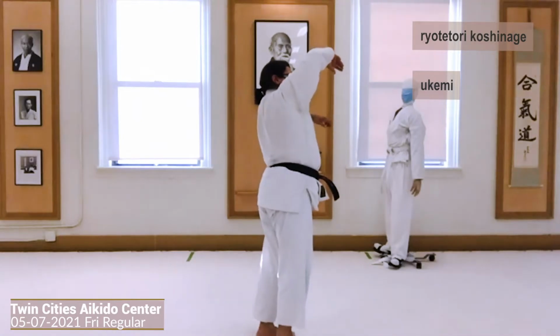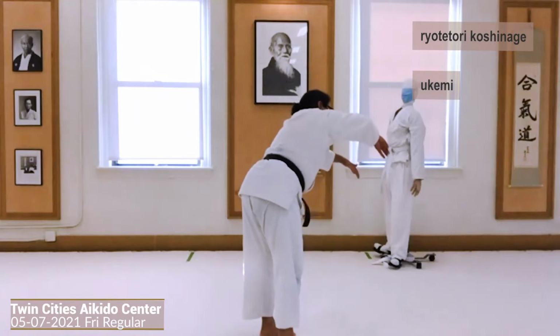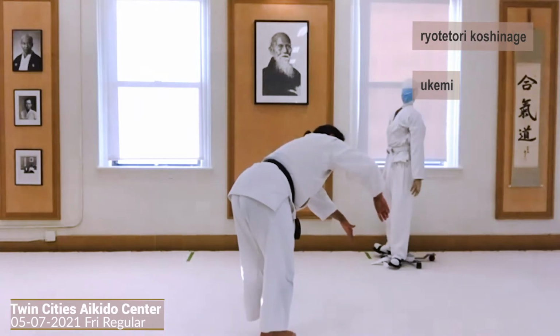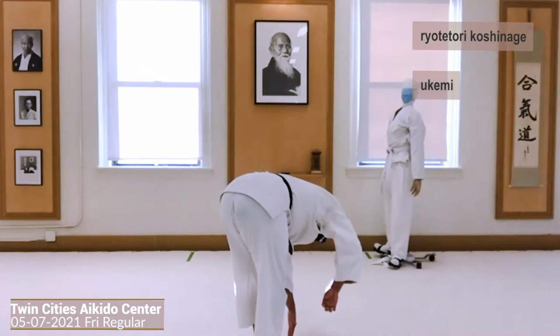They step in front of me. As they step in front of me, they lower their hips. As they lower their hips, I'm going to be coming over and around them. So the same thing. Now from here, I'm losing my balance. Left hand comes down to the ground and